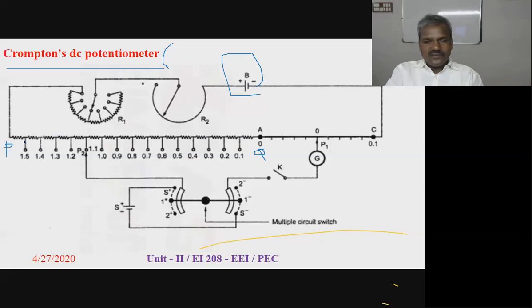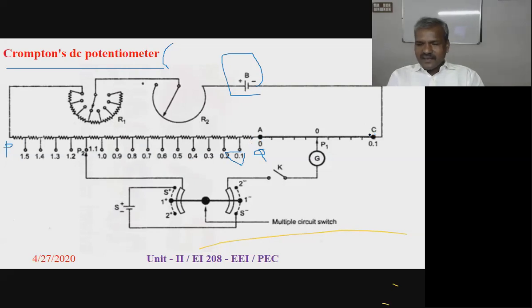Say variable stud contacts having 15 divisions of say 150 ohm resistance. Assume 150 ohm resistance having 15 stud contacts. So each stud contact has 0.1 volt. Say between 0 and 0.1, 0.1 volt, 0.2 volt, 0.3 volt, 0.4 volt, 0.5 volt, 0.6 volt, etc. up to 1.5 volt. Okay, so this is stud. So the each stud voltage is